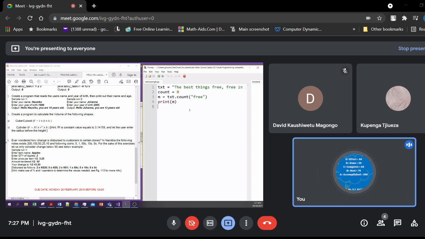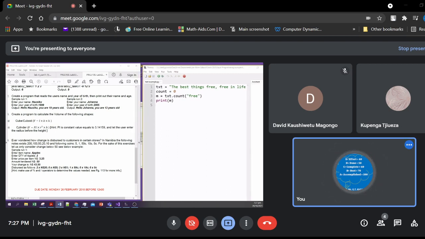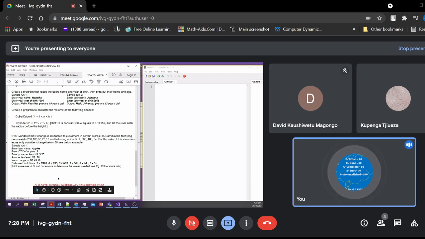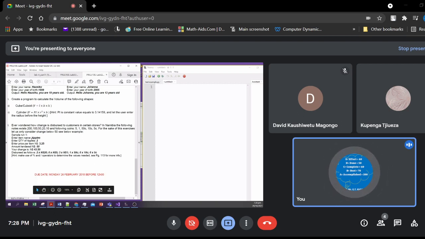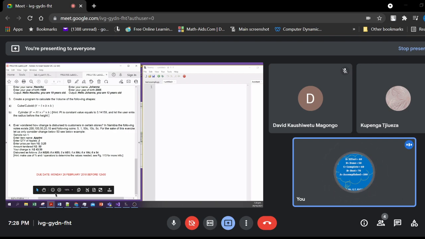So let me just make this a little bit smaller, so that it still is visible. And yeah, okay, so what I did now, so I don't need that Microsoft Word. So if this was the question, and I'm doing number 4, right? Let me just go up also. I'm doing number 4, and we will read it in a short moment. If this was the question presented to me